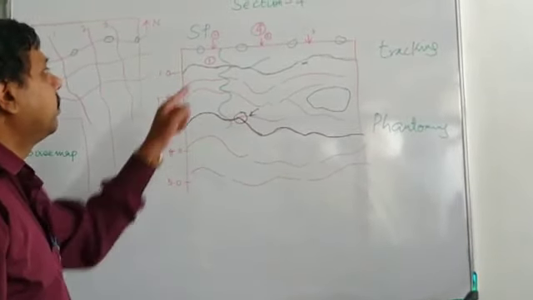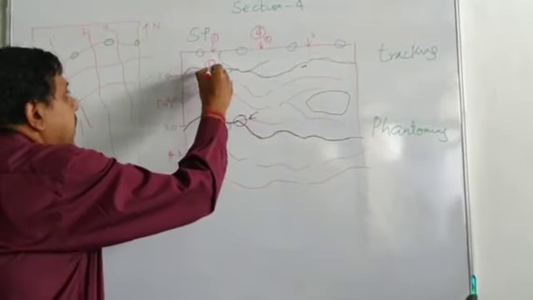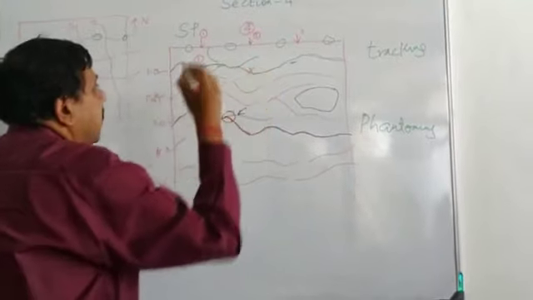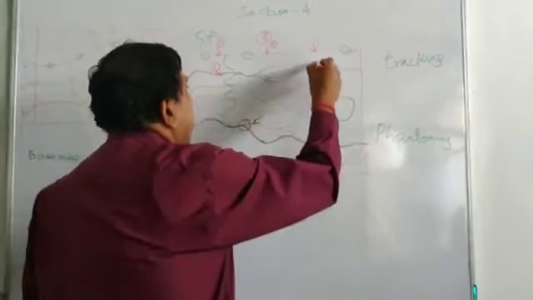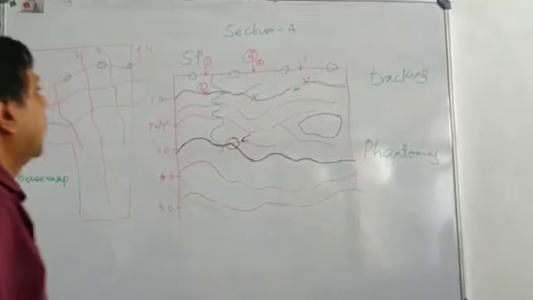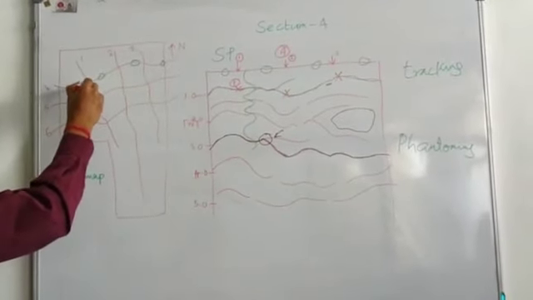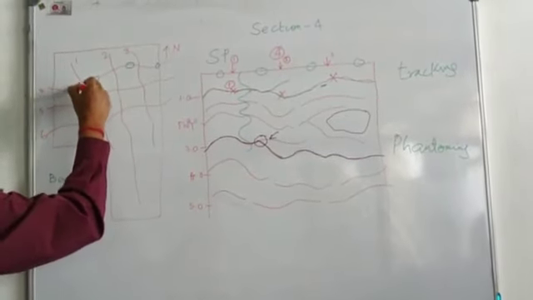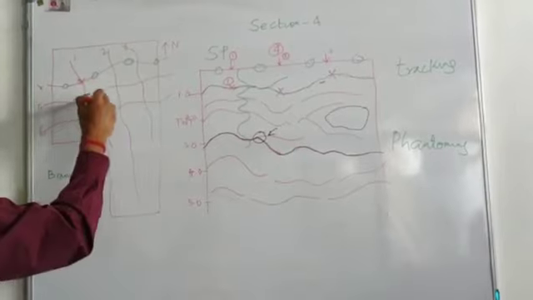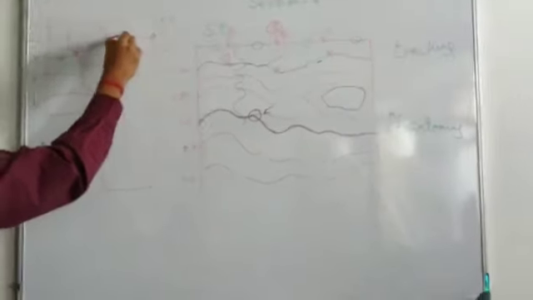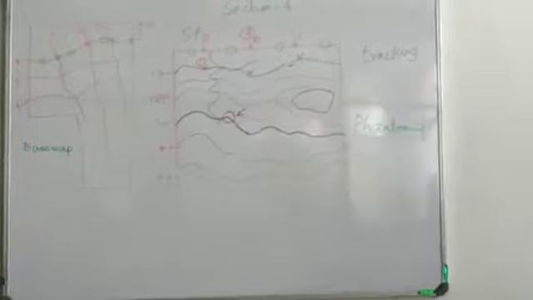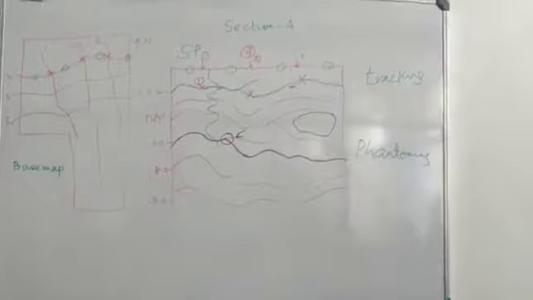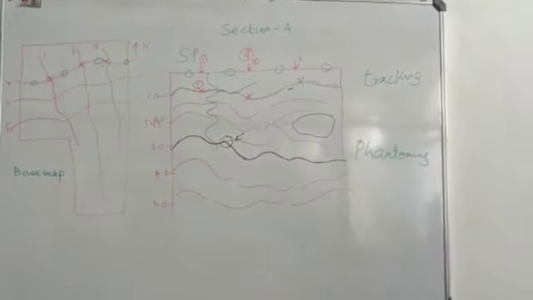See that when we have interpreted horizon number 1, we have actually created 3 seed points. One seed point at the cutting of line number 1. One seed point has been created at the junction of line number 2 and 4, and one seed point created at the junction of line number 3 and 4. So in the base map, I have a clue for line number 4, I have a clue for line number 1, I have a clue for line number 2, and I have a clue for line number 3. So I have created 3 seed points, one seed point for line number 1, one seed point for line number 2, and one seed point for line number 3.